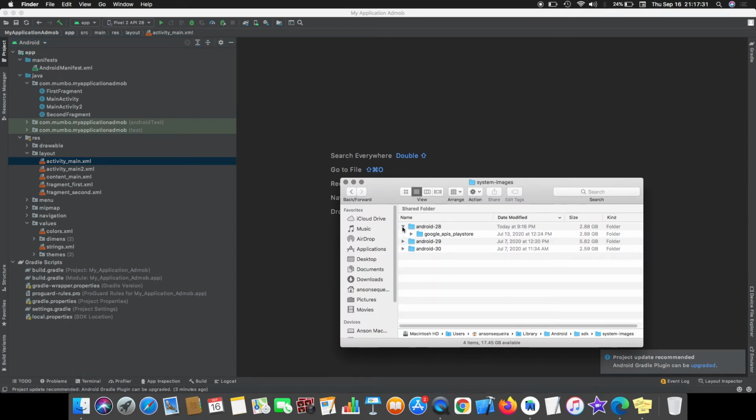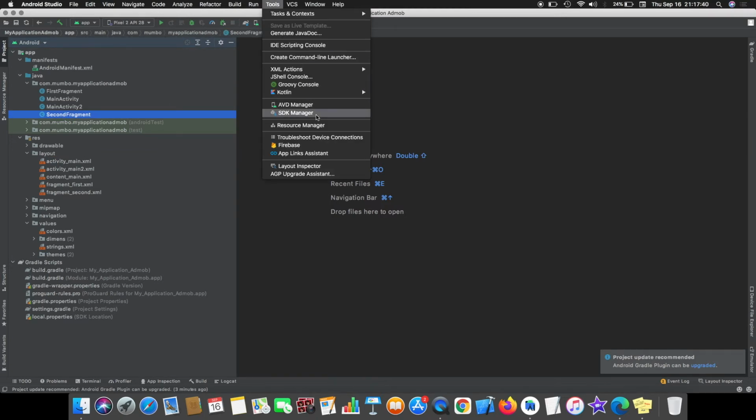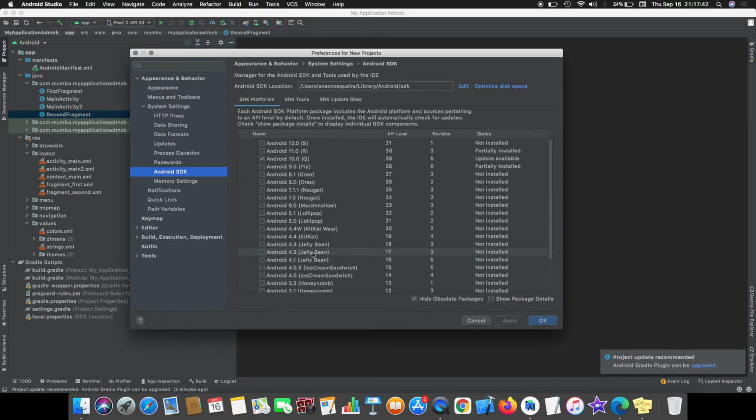Now if you go to the folder and check for the package content and folder content, you can see the folder is deleted. This is the safest way to delete. You can delete from the folder using Finder or Windows folder, but it is not safe. So it is better to delete from the SDK Manager.